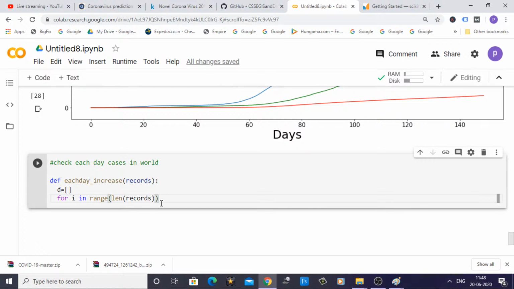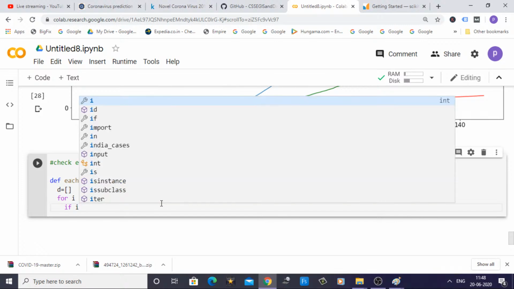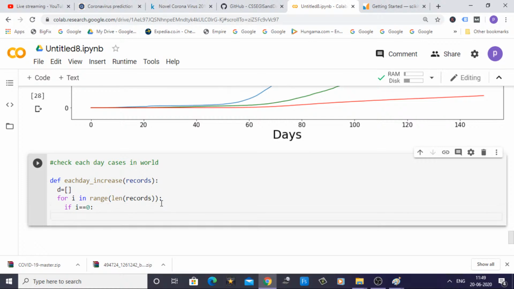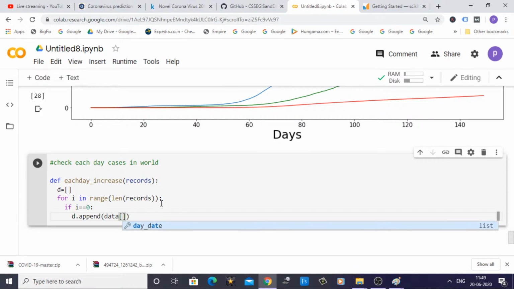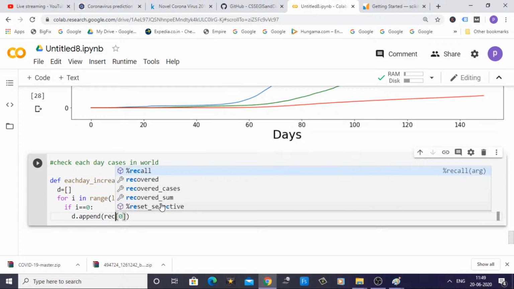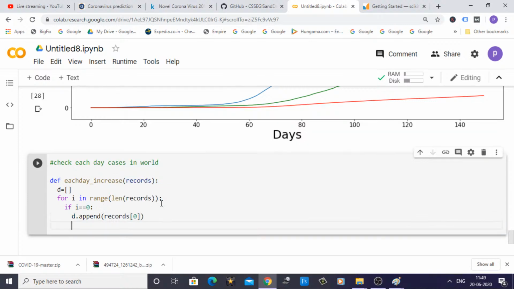If i equals 0, then what I will do is d dot append records of 0. Else,